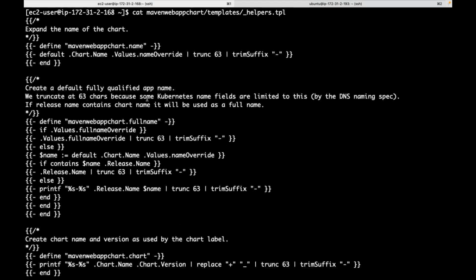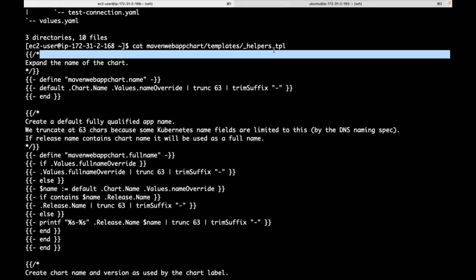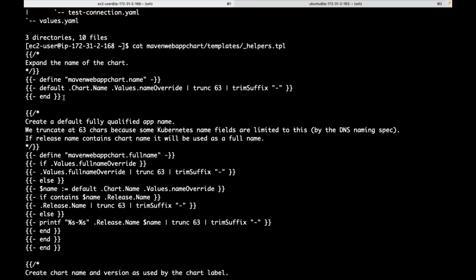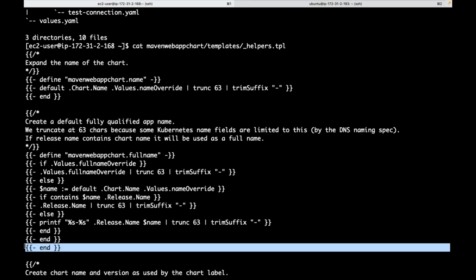If you see here, this is my TPL file, helper file. Do you see there is one function? We are defining one function, Maven web app chart dot full name. This is one function started here and ended here. Do you have some logic here? Again, it is going to give the full name of that Helm chart